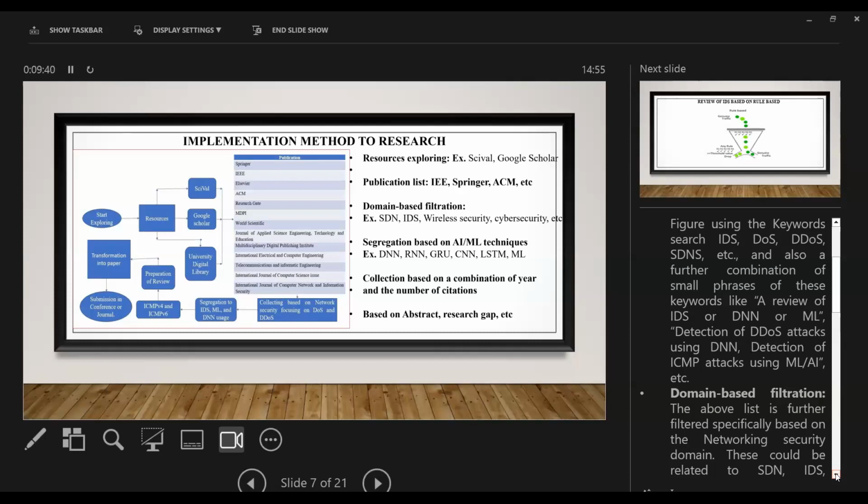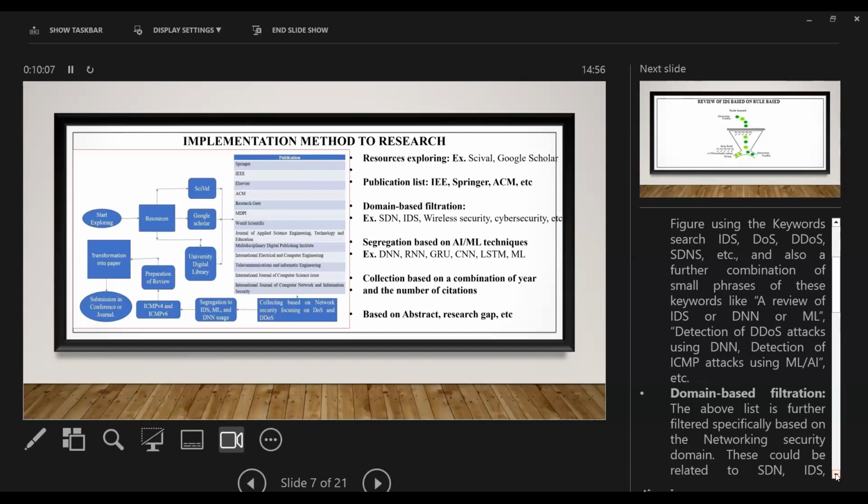And once you have that, further you can pinpoint those papers where you're looking exactly at your topic based on the abstract, and which could be a research gap. In the paper itself, they will be providing it. It is not on the face of the paper that you can find the research gaps, but however, you can try to figure out the research gaps that the author has discussed.